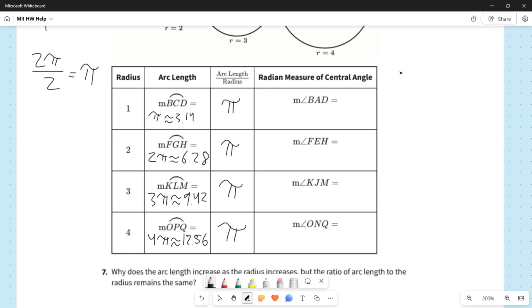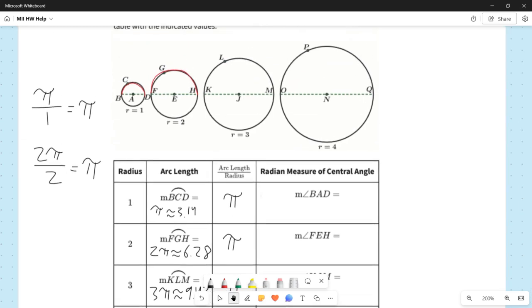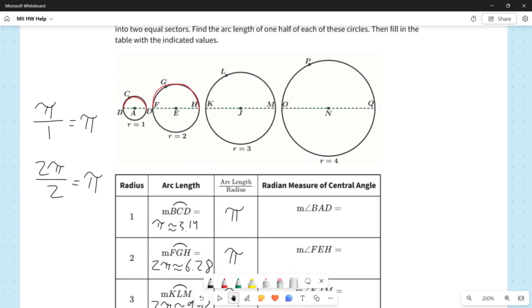So our fourth and final column says, what is the radian measure of the central angle? So the radian measure, if we go back up to a picture, I'll look at the big circle here, the one on the right. Our central angle for the big circle is right here. And I just want to know what is the measure of that angle in radians, not in degrees, but in radians. Well, as we saw in the lesson,